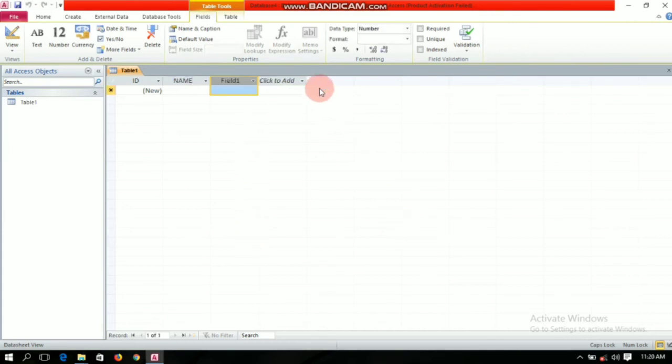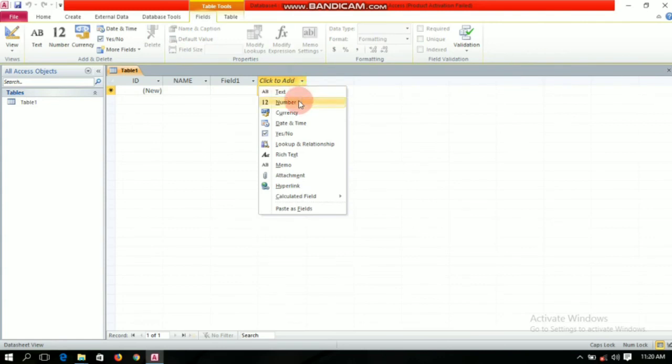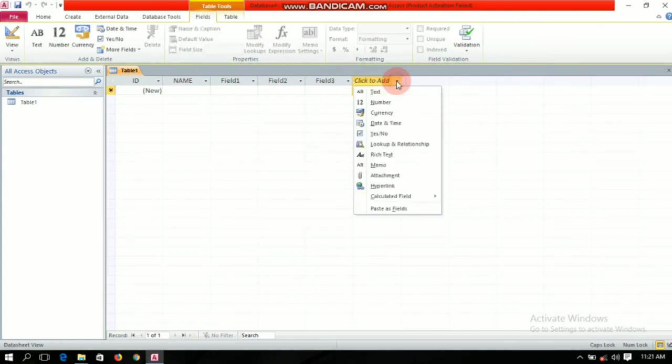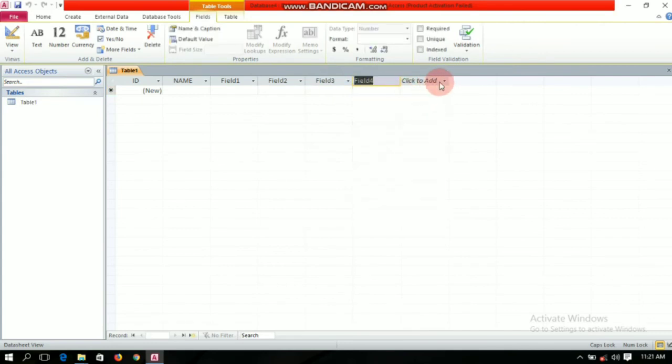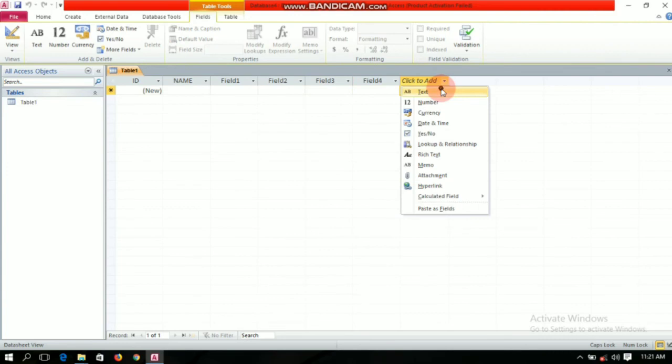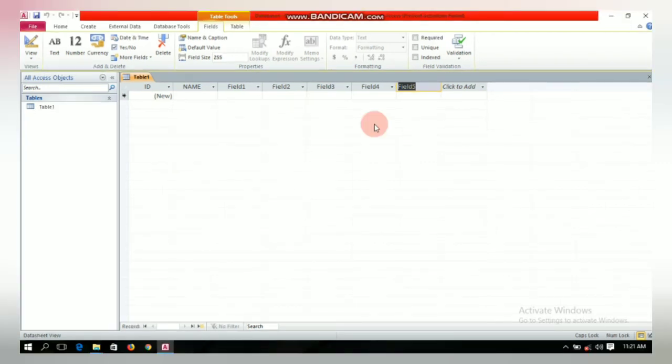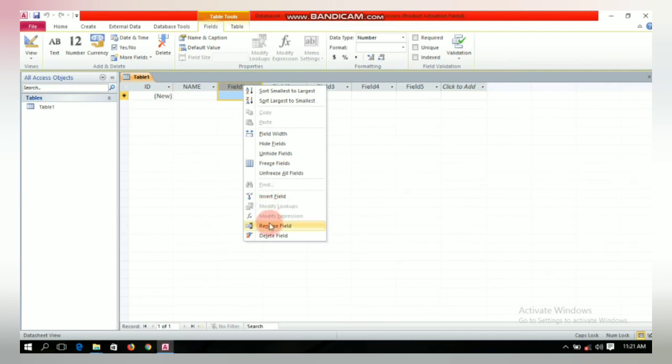Similarly, we can add more fields, and we can name them also. We can add as many fields as we want and we will just enter our data in them. I have added 5 more fields apart from the name field, and I can change their names also.